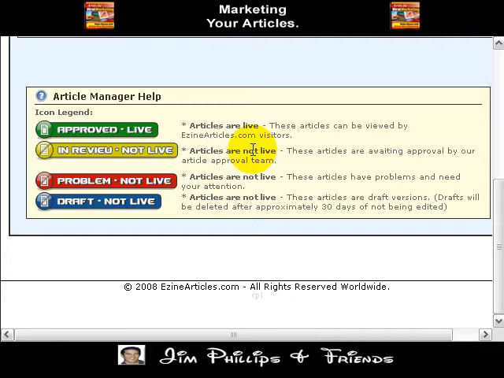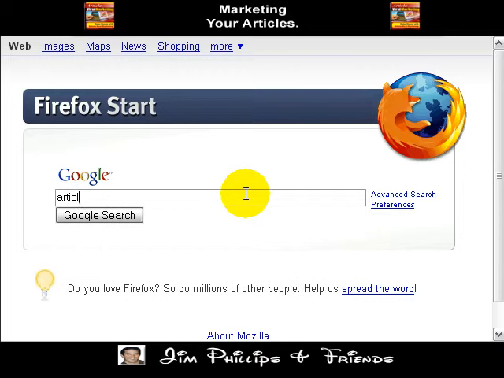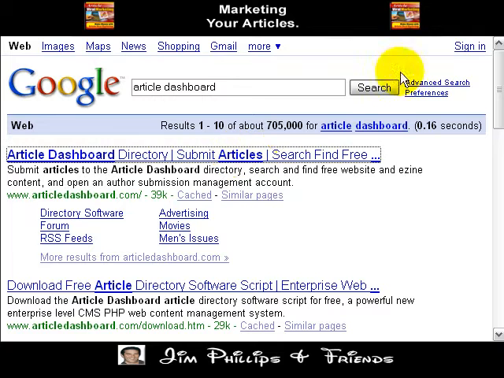As you saw, it was actually very easy to do. So let's go ahead and move on to the other article directories. If we go back to Google here, there are a few other sites like ArticleDashboard, which is a good one. You can check that out. If you go to ArticleDashboard.com,